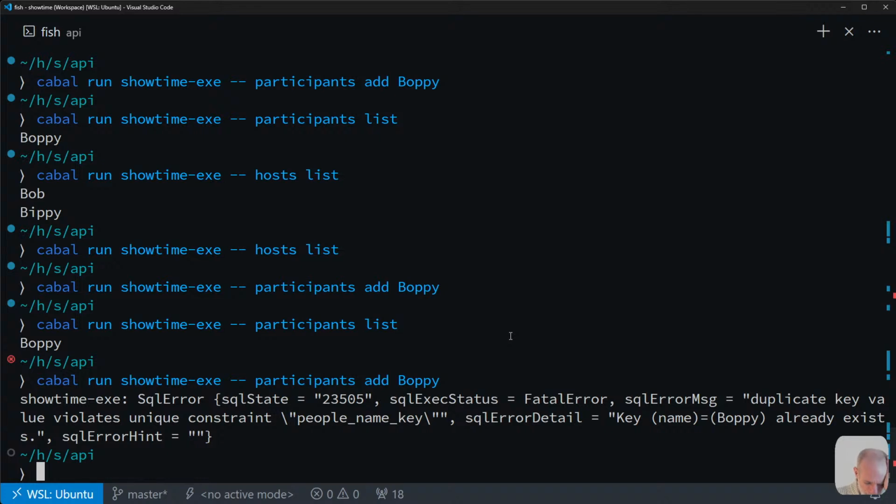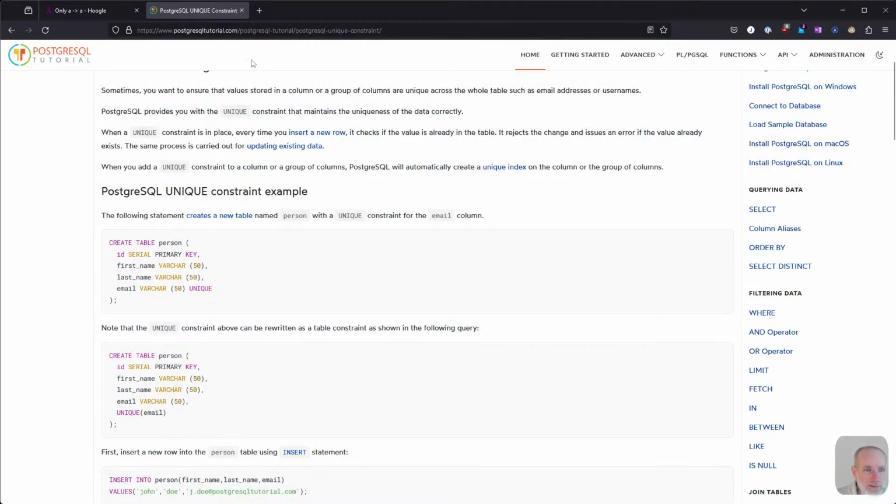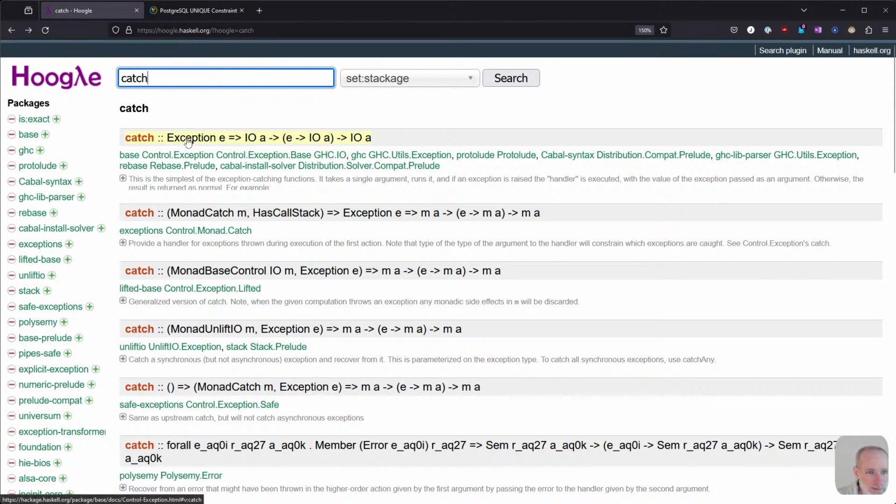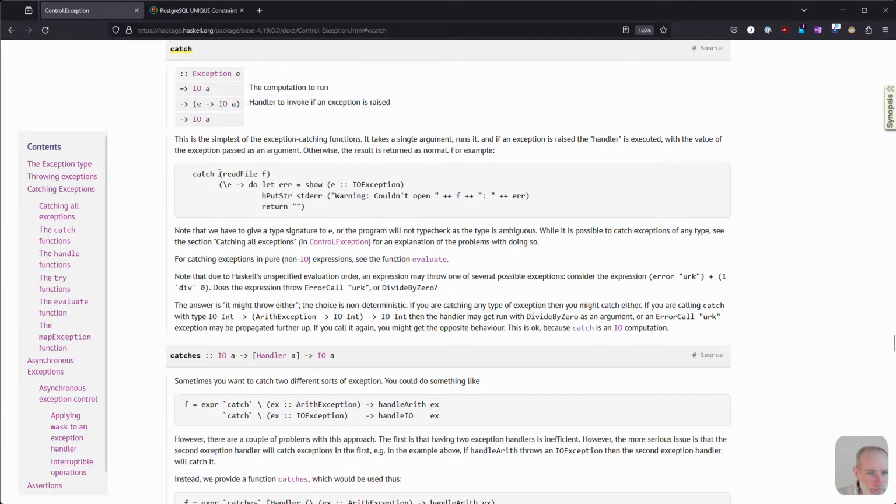Because it's not returning the Either type, I'm guessing it's an exception. So I'm going to use bracket, I think, or maybe just catch. Got an example. So catch takes the computation to run, the handler, and then it runs under IO. So it'll be catch and then do my thing, and then if it is a particular error,